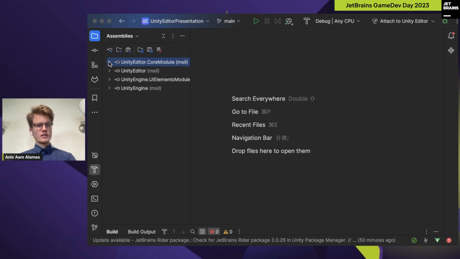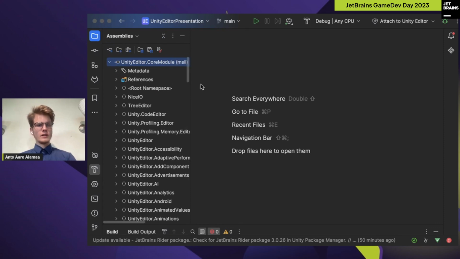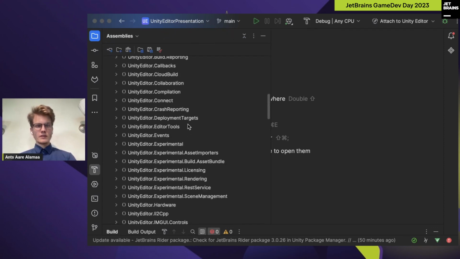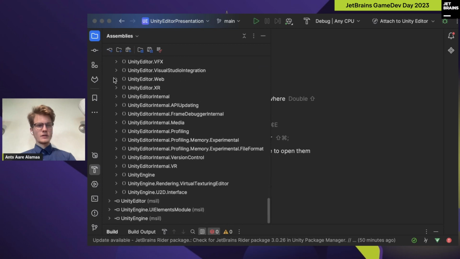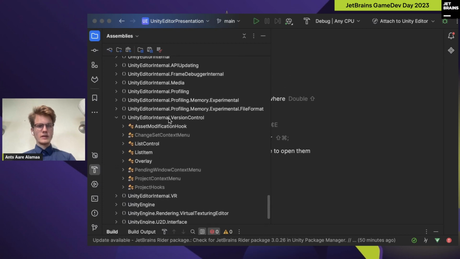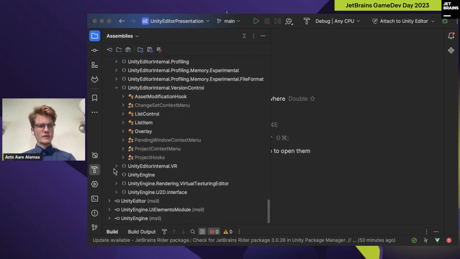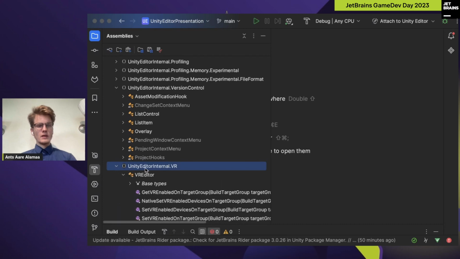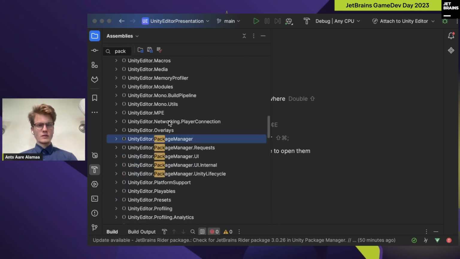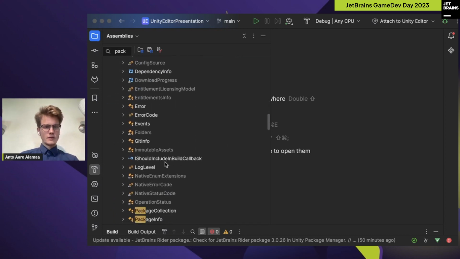And then inside of the UnityEditor.CoreModule, just check this out, you will have so many different places where there's different classes, etc. Like these are entire namespaces, and each one of them has so many different classes. So let's just look for package manager, right? The package manager has, for example, the